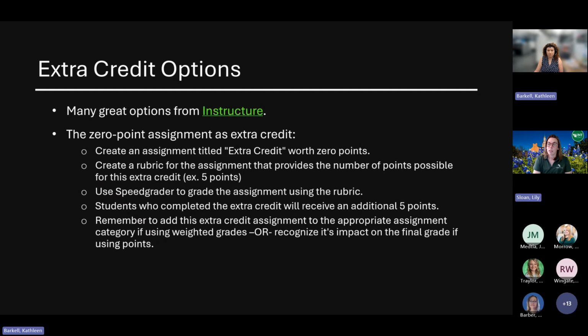You will create an assignment titled Extra Credit worth 0 points. Then you will create a simple rubric that provides the number of additional points possible, for instance, 5 points. Using the rubric, you can grade with SpeedGrader to quickly add the additional 5 points for students that completed the